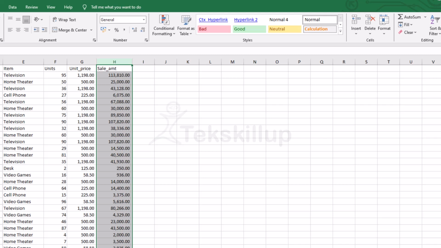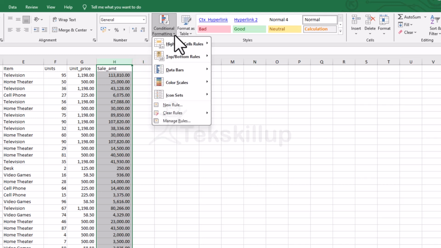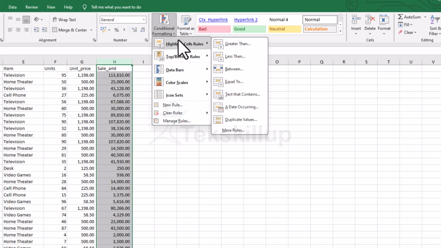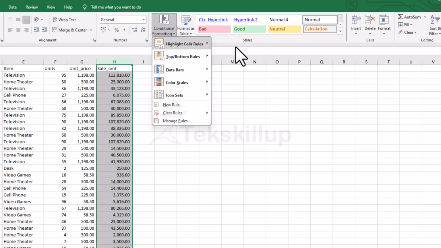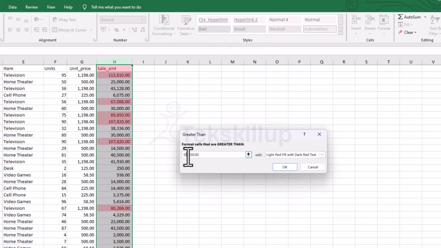Now, having looked at that, let's just apply this conditional formatting. I will show you how you can manage those rules, because there are rules that you apply, and sometimes you would have to clear those rules and restore it to its default state. Now, let's say we are adding conditional formatting to values that are greater than,